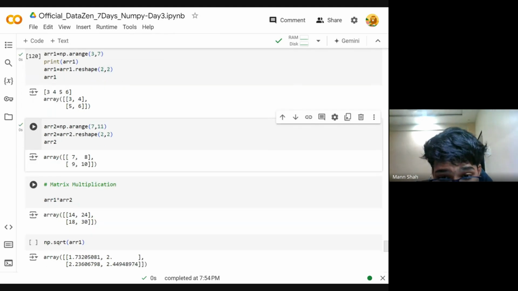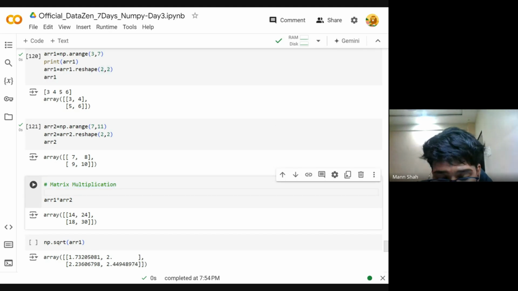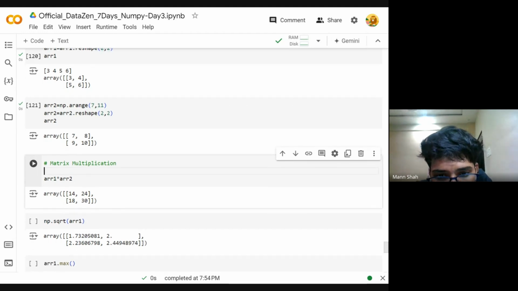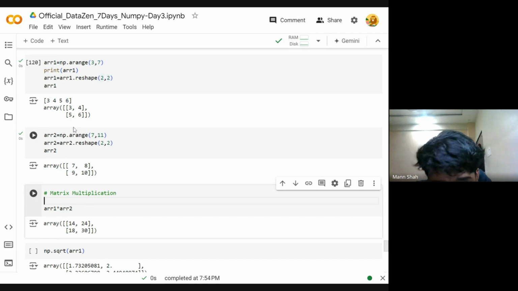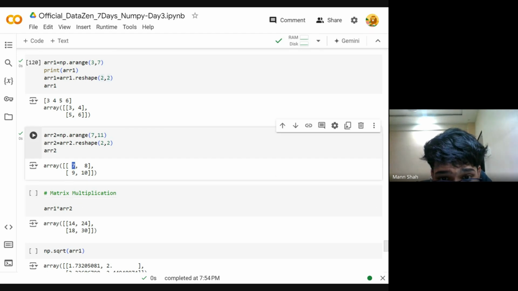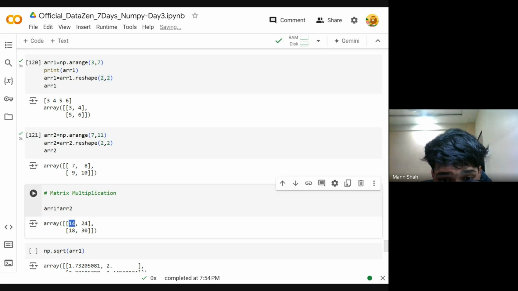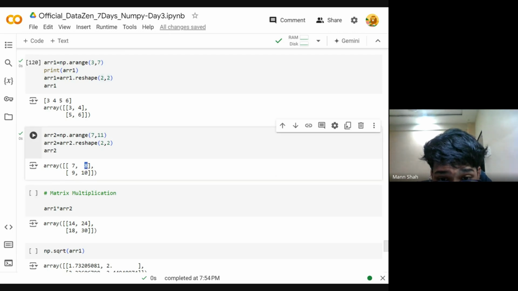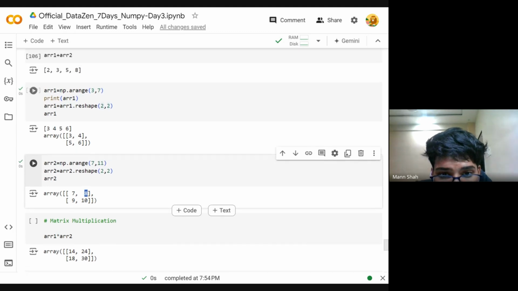नाउ हम लोग मैट्रिक्स मल्टीप्लिकेशन की तरफ एक नज़र डालेंगे कि मैट्रिक्स मल्टीप्लिकेशन कैसे होता है। तो आई होप तुम लोग ने सबने एक नॉर्मल मैट्रिक्स मल्टीप्लिकेशन पढ़ा है कि वो कैसे होता है। तो मैट्रिक्स मल्टीप्लिकेशन में जो फर्स्ट एलिमेंट है ऑफ द फर्स्ट एरे वो जाके मल्टीप्लाई होता है सेकंड एरे के फर्स्ट एलिमेंट से। फिर 8 मल्टीप्लाई होगा, एक मिनट, अगर मैं इन दोनों को लूँ एरे 1 जो कि 3, 4, 5, 6 है और एरे 2 जो 7, 8, 9, 10 है, तो इसको जब हम मल्टीप्लाई करेंगे तो पहले 3 मल्टीप्लाई होगा